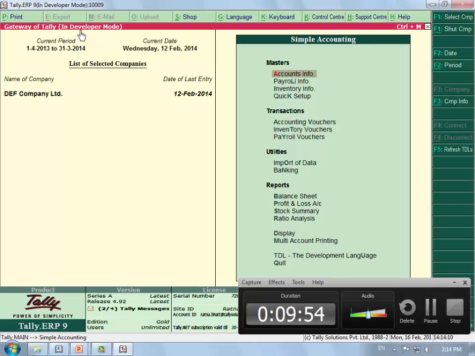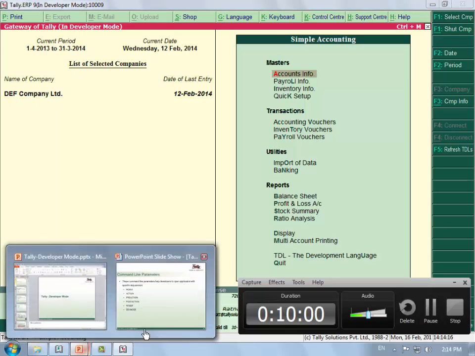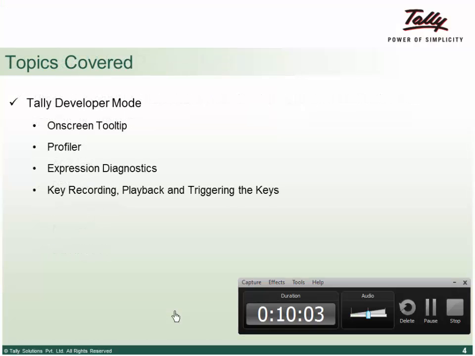Now, what are the benefits of executing your Tally in this particular mode? One, you will have an on-screen tooltip. Two, you will be able to do profiling. Three, you would be able to diagnose the expressions, the evaluations of the expressions that can be done.